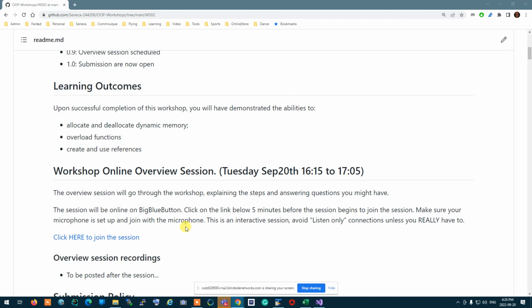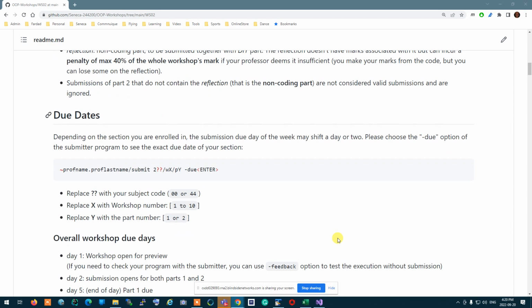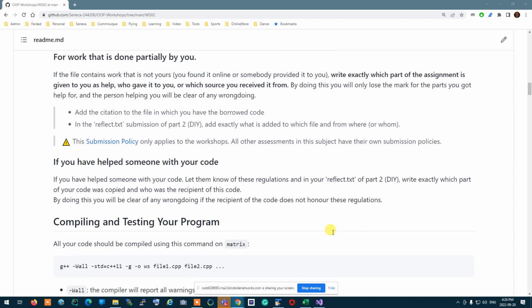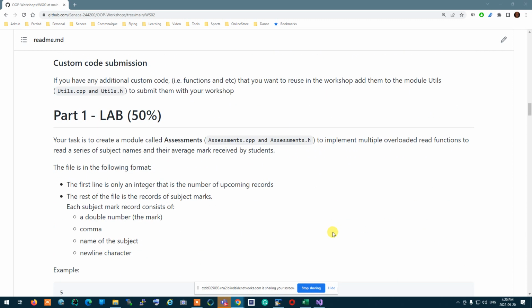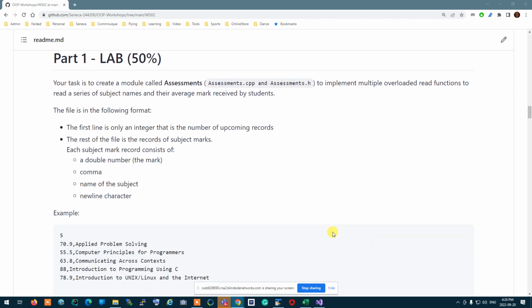All right. So, workshop 2 is, let me just bring it up. You are supposed to create an assessment program that loads assessments from a file and displays it. And